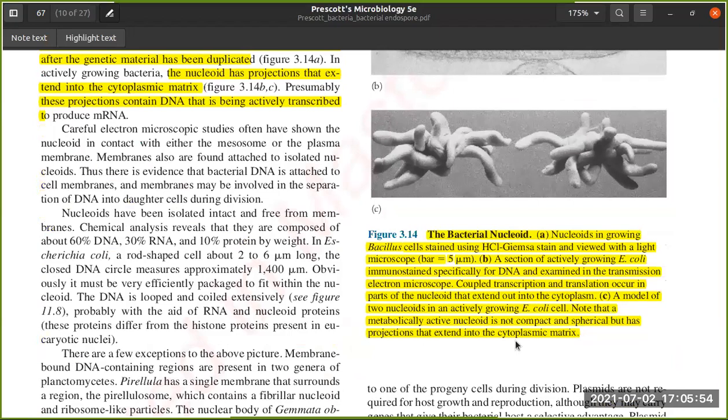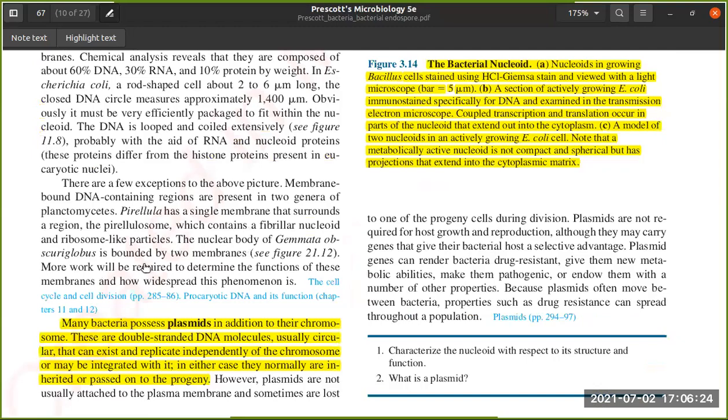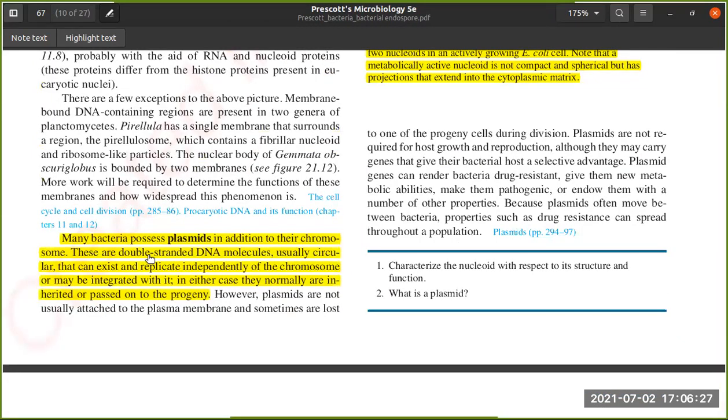One has become 2. C is a model of 2 nucleoids in an actively growing E. coli cell. Note that a metabolically active nucleoid is not compact and spherical, but has projections that extend into the cytoplasmic matrix. So it is like an amoeba, finger-like projections are coming out from this nuclear region. It is the same DNA which is packed like that. So many bacteria possess plasmids. You will learn later that plasmids are circular DNA. Many of them provide antibiotic resistance to the...